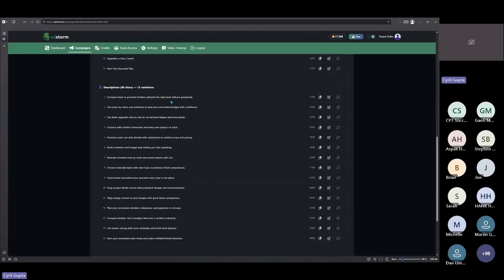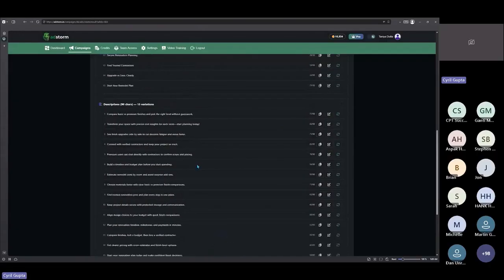If you like a description, you can just copy it. If you want to modify it, click on edit and modify it. If you want to regenerate it, let's say you like this a little bit, but you just want to change it for some reason, click on regenerate and it will automatically change it. The clickable link, Miles, it's on the platform, so it's not a part of this. This is a creative tool. So when you go to the ad platform, let's say Google, you need to paste your link there.